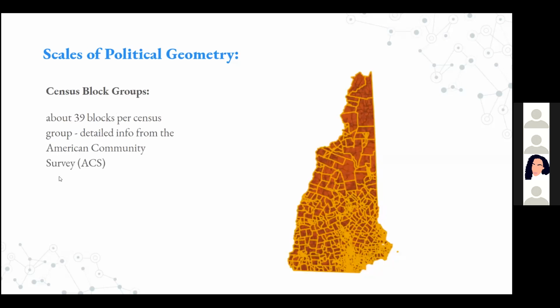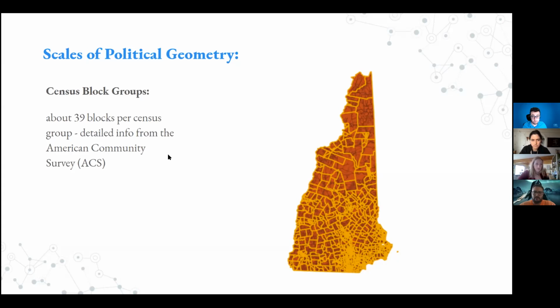And then the next size is census block groups. These are made up of the census blocks. I forgot to mention, this is New Hampshire, where the lines are showing the different scales of that geometry. So census block groups are groups of census blocks. So it's the next biggest that we can look at. There's about 39 blocks per census group, and we can get more information about the people that live there from the American Community Survey, which reports data at a broader level, but it's still pretty small in the groups of